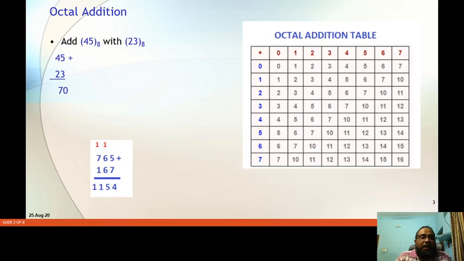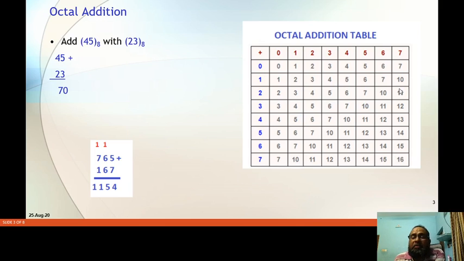Here you can see another way, where we have the octal addition table. Writing the table is very simple. You have to write, row wise and column wise, the numbers from 0 to 7. Then write from 0 to 7 in the first column, then 1 to 7, and after 7 the number is 10 because 8 is represented by 10. In the third column, start from 2, 3, 4, 5, 6, 7, 10, 11, like that. The last column starts from 7 and finishes at 16.